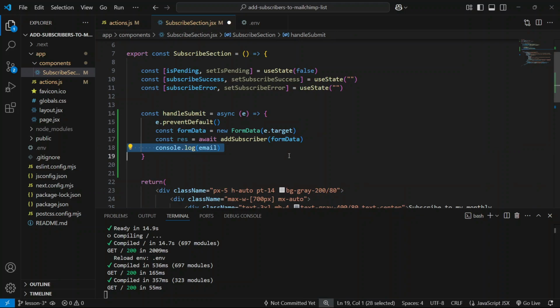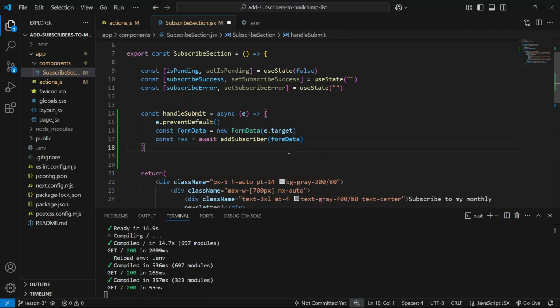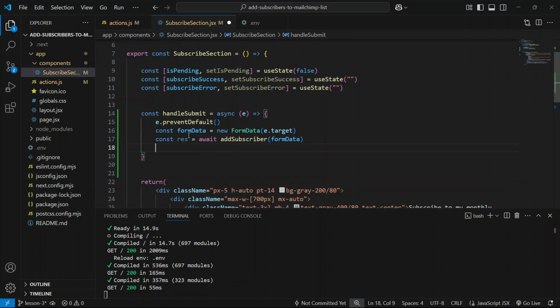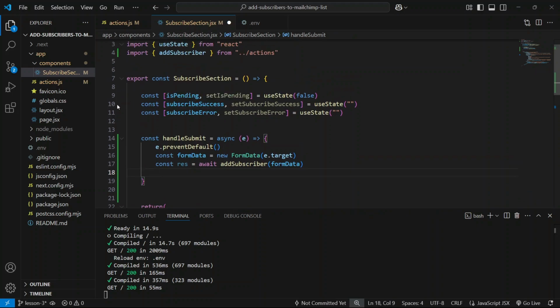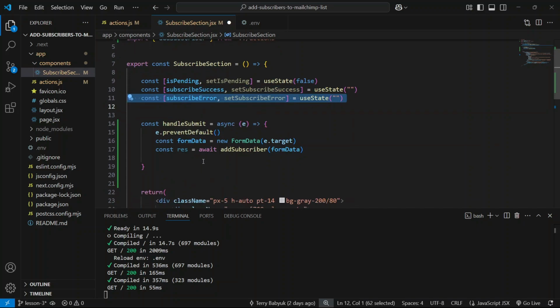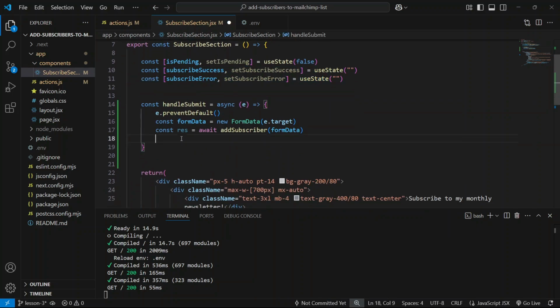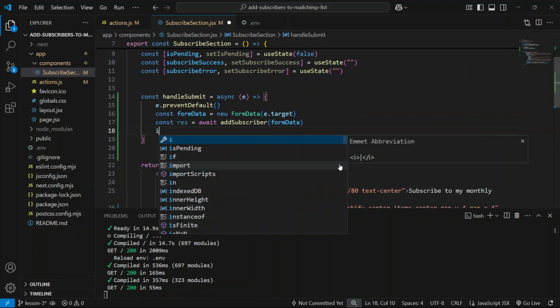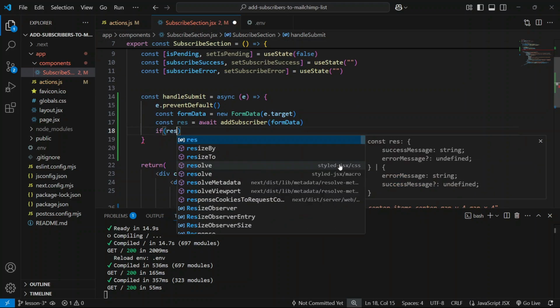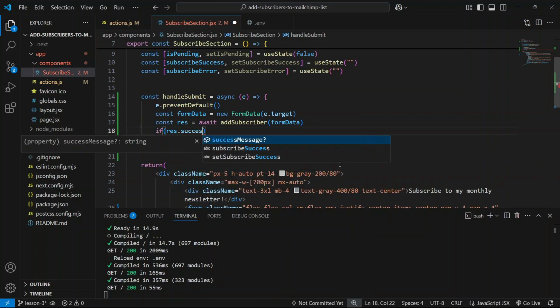Okay, and for now, let's see, we might as well finish this off right now. Depending on which response we get, we want to update our state to either a success response or an error response, to give to the user. So let's do this. We're going to say if res.success message. So if our response contains a success message,